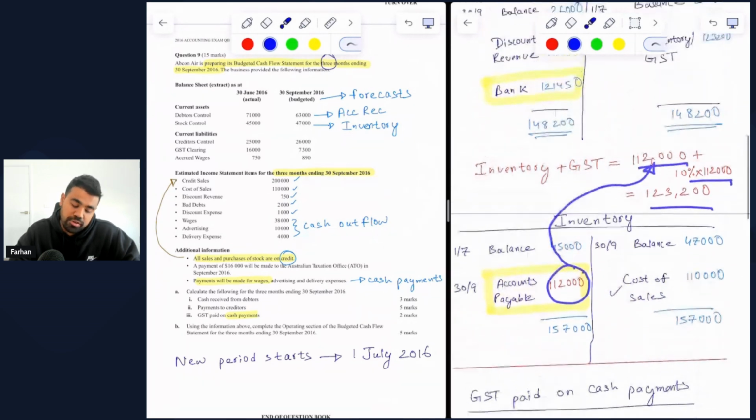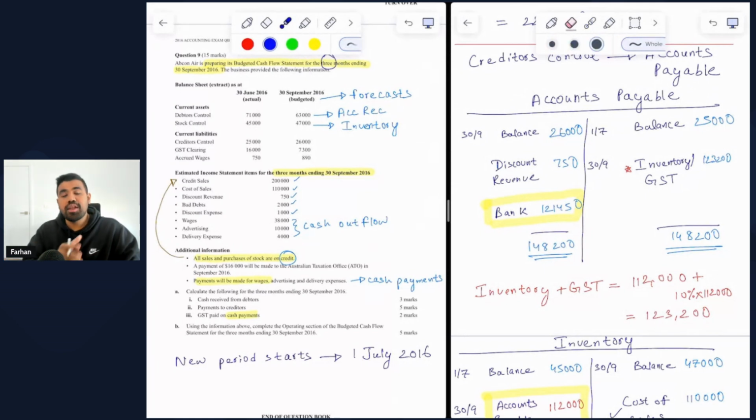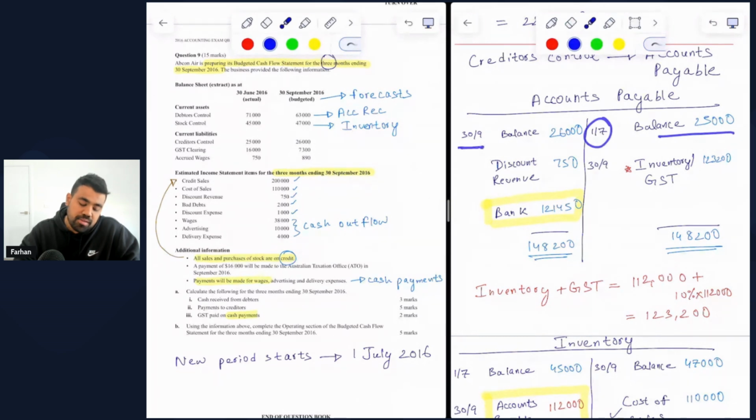So now we look into the reconstruction for the accounts payable ledger account. Accounts payable is a liability account, and all liabilities by default have an opening balance on the credit side and the closing balance on the debit side. Liabilities, when they increase, we credit them, and when they decrease, we debit them. So on the 1st of July, on the credit side, you can see the opening balance of 25,000, and on the debit side, you can see the closing balance at 30 September